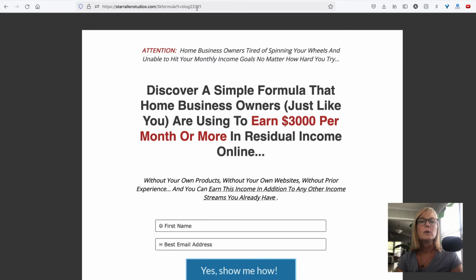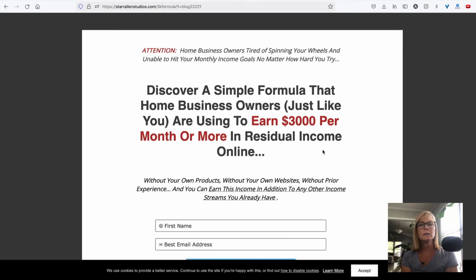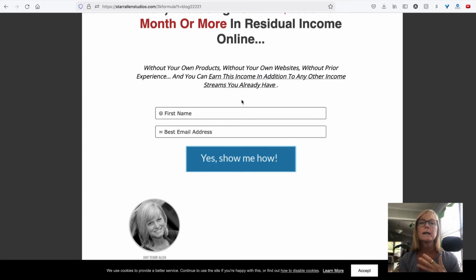Blog, February 22nd, '21. So I must have done a blog post about this formula, and then I linked to it in my blog post. And so I put this tracking code so I know that that's where the lead came from. But the video was also on YouTube. So I'm going to have another link on YouTube that's going to say YouTube with the date, right? So no matter where the lead comes from, I can track and see exactly what platform is working